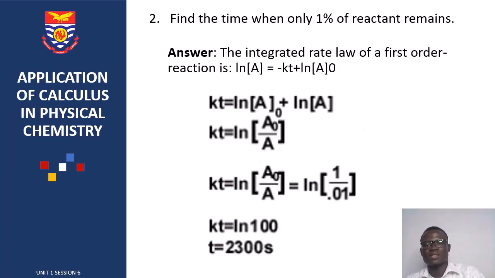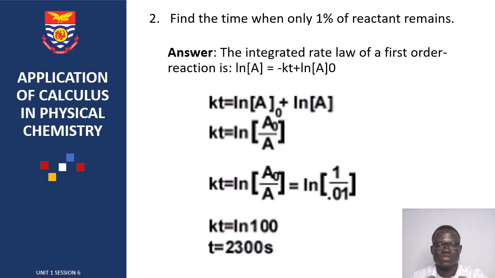So find the time when only 1% of the reactant remains. It is necessary that you recollect the equations of a first order reaction, second order reaction, and zero order reaction. However, I understand if you are not following up to this point, please, you're not alone. Just hold on. In our next unit and sessions, we'll be dealing with rate of reactions. We'll be looking at the rate constant of a reaction, the rate expression of a reaction, and then we'll also be looking at the rate constant and how to find their various units. We'll also look at the equations of a first order reaction, second order reaction, zero order reaction, as well as